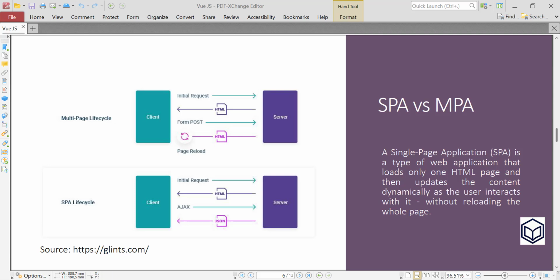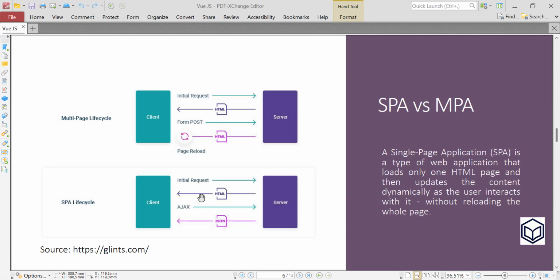Maybe we can see the cycle of an SPA. First, the client makes an initial request to the server, and the server sends HTML, CSS, and JS. For other requests to the server, the server just sends JSON, not HTML anymore. That is called SPA, or single page application.